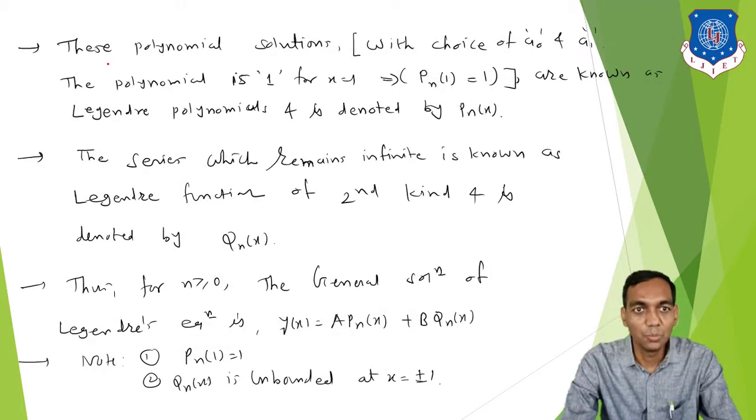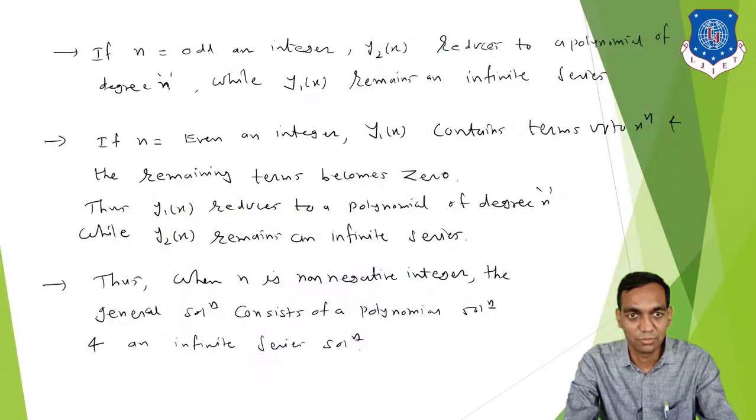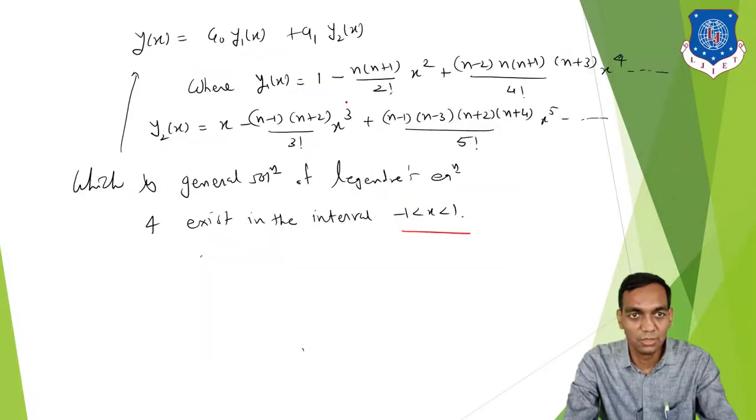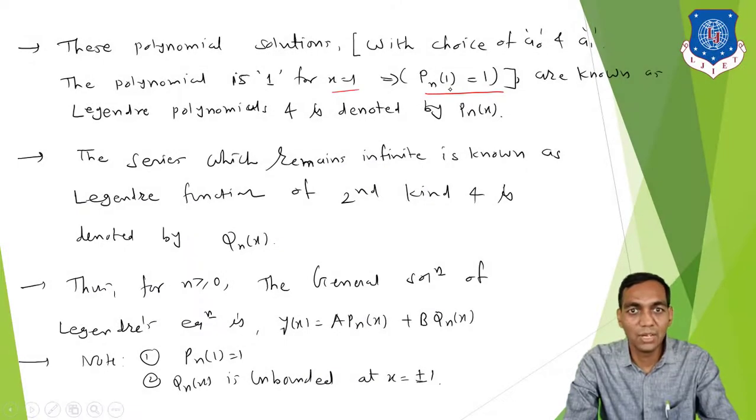Now the polynomial solutions are those for which the choice of a0 and a1 makes the polynomial equal to 1 for x equal to 1. That means Pn of 1 has a value 1. Check it out. If you are going to put n is equal to 1, okay, so this is going to be n is equal to 1. So you have this polynomial, correct? So you are going to put x is equal to 1. So in that case, this has a value 1. Done? So Pn of 1 has a value 1